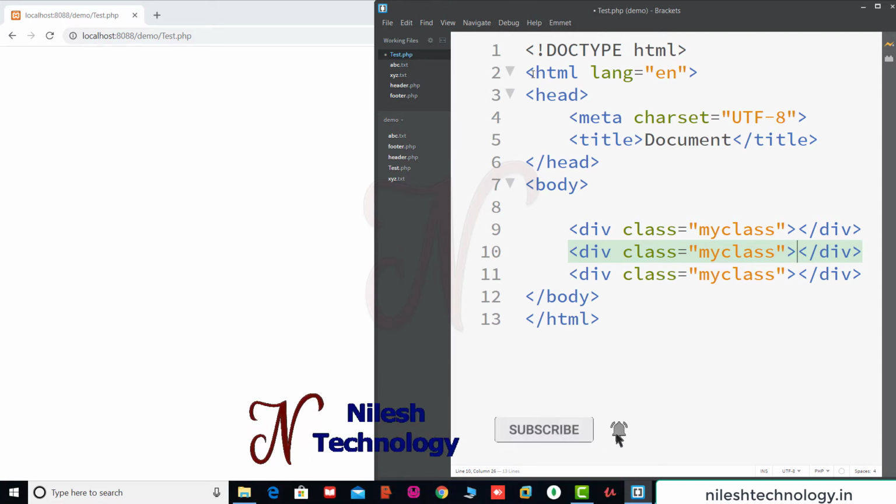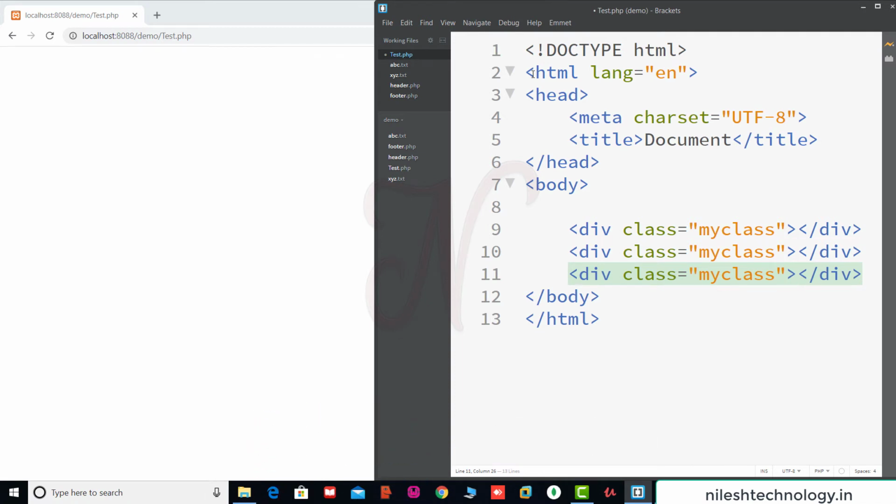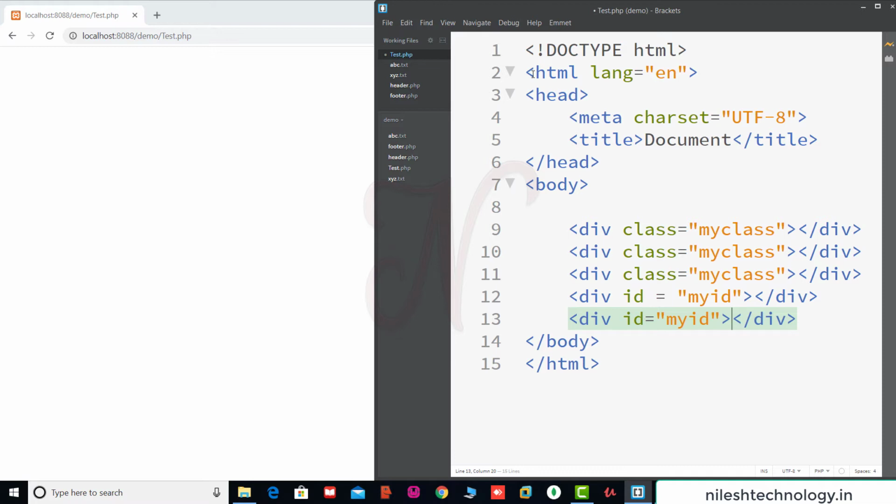Next, if you want to set the ID on the div tag, so for example div id equal to, for example this is my id. If you want to give one ID to this div tag, there is one more shortcut. See here, div, when you enter the dot, it gives a class name. Then there is the hash to give the ID. So this is my id, and press the Tab button. See, this is div id my id. So by using hash myid you give the ID to this div tag.